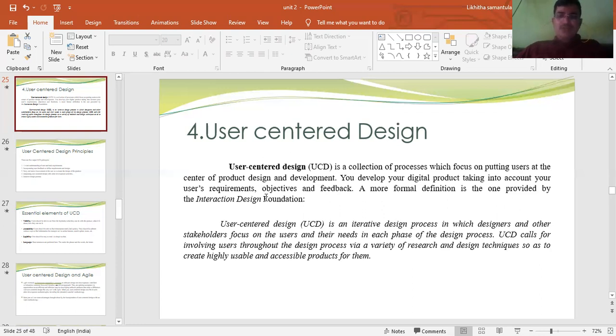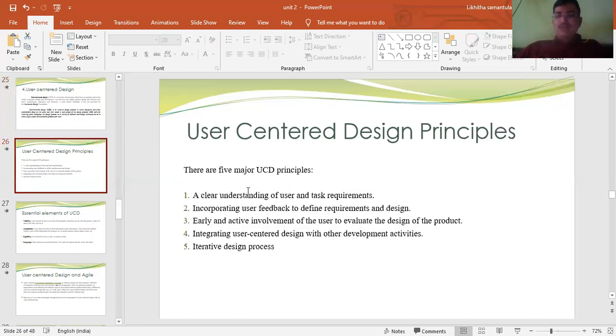UCD, user-centered design, calls for involving users throughout the design process via a variety of research and design techniques, so as to create highly usable and accessible products for them. User-centered principles.